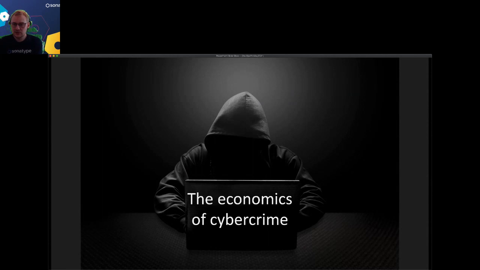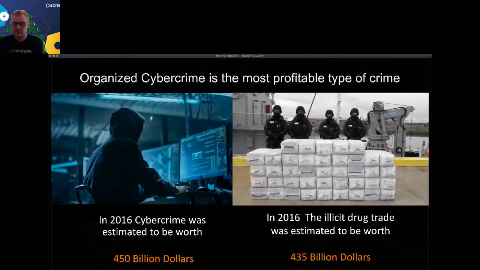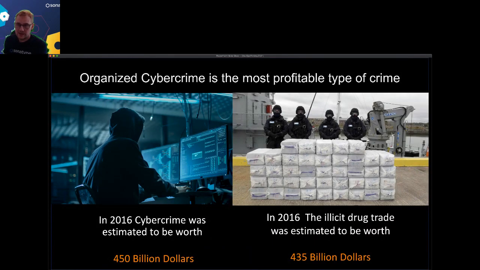So a bit of context again around this. The reason why following these issues is getting harder and harder is the background of how much money there is to be made out of cybercrime. So way back in 2016, when the last public, easy to get hold of information came out, cybercrime was estimated to be worth 450, and drugs were estimated to be $435 billion. Now, this shocked me when I originally saw these stats, but it still shocks me today, that